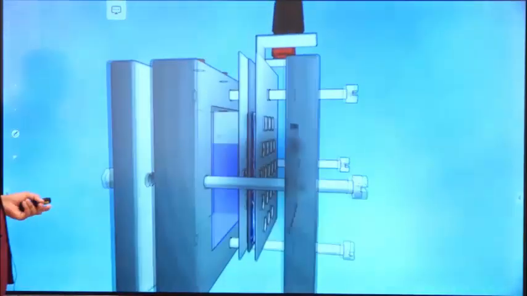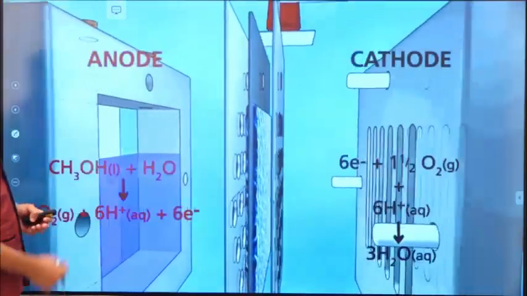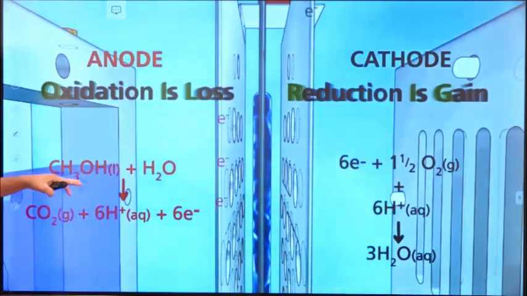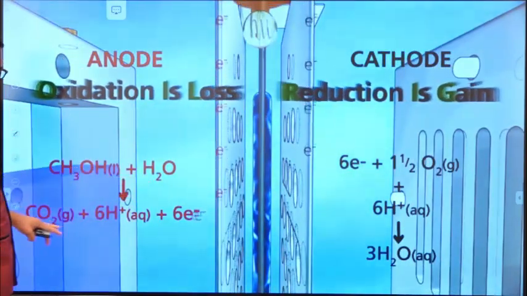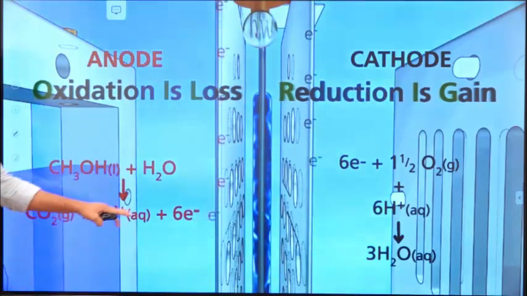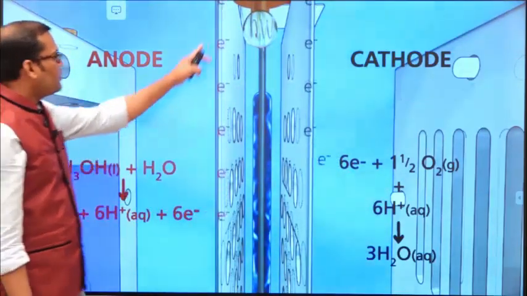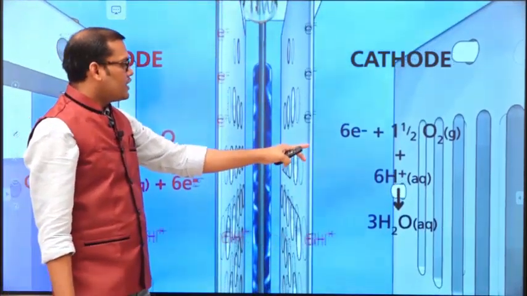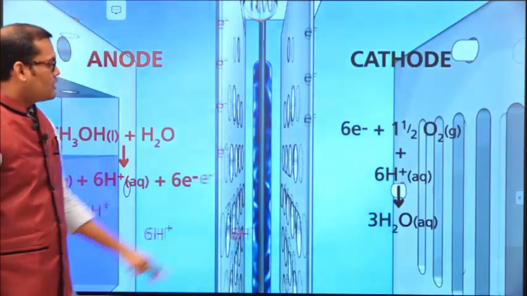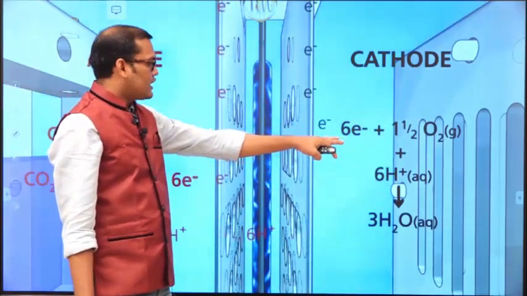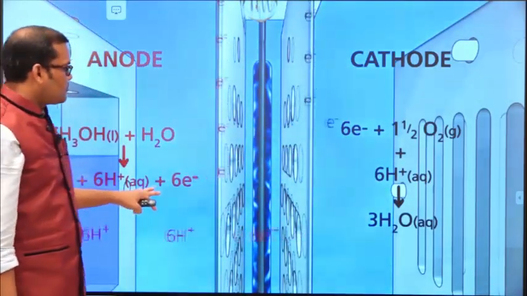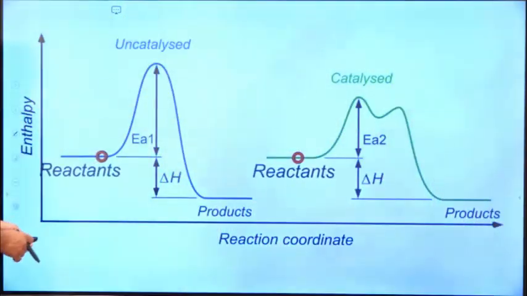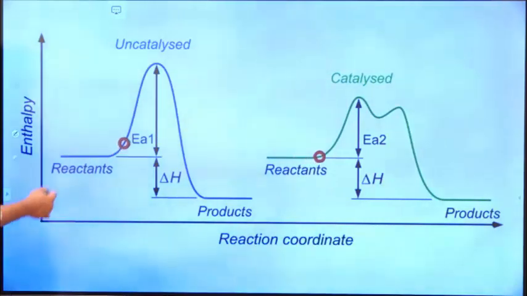So let us see the working principle in a video. Here, on the anode side, methanol is used as a fuel, and it is reacting with the water and giving carbon dioxide gas, 6H plus and 6 electrons. The electrons are moving through the external circuit, and they are collected at the cathode side, where the oxygen is consuming those 6 electrons and the 6H plus, which is produced and diffusing, and it is converting to the OH minus.